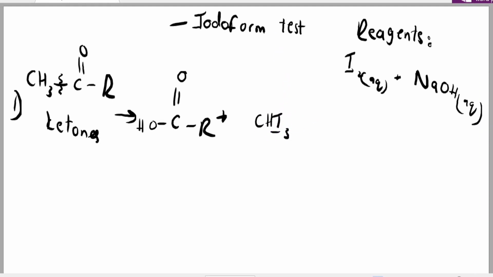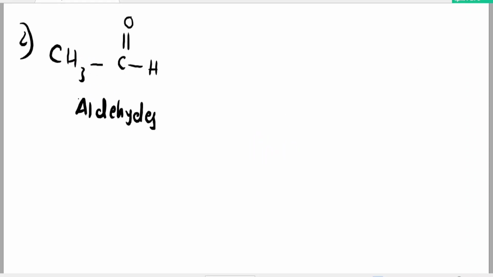And you don't need to know anything else other than the fact that since NaOH is present, the alcohol can become NaO, and that CHI3 is a yellow precipitate. Other than that, aldehydes that have a CH3 C double bond O will also give a positive iodoform test, and similarly the CH3 breaks off and what you get is CHI3 plus the compound as it is with